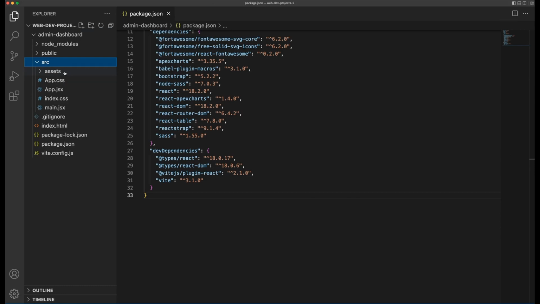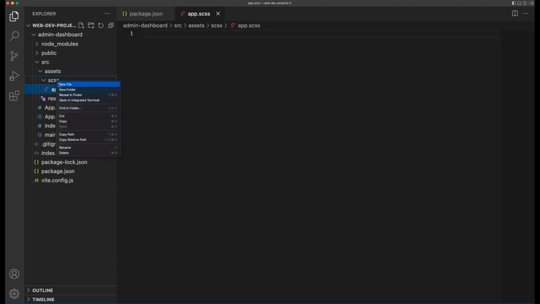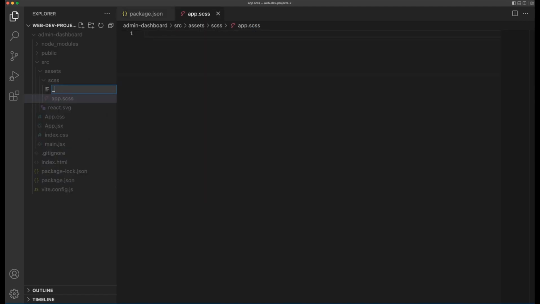We have assets, and in assets, let's create a new folder and name it CSS. And in here, I'll create two files. The first one would be app.sass, and that file would contain all the main style links, and then another one would be our variables file. In variables we'll store all the variables, and then we're going to reuse them all along our application,